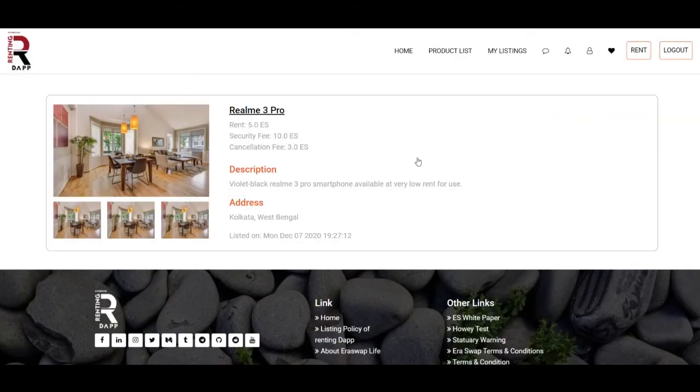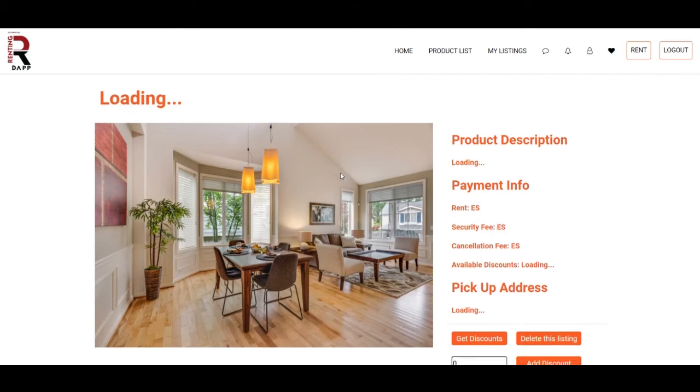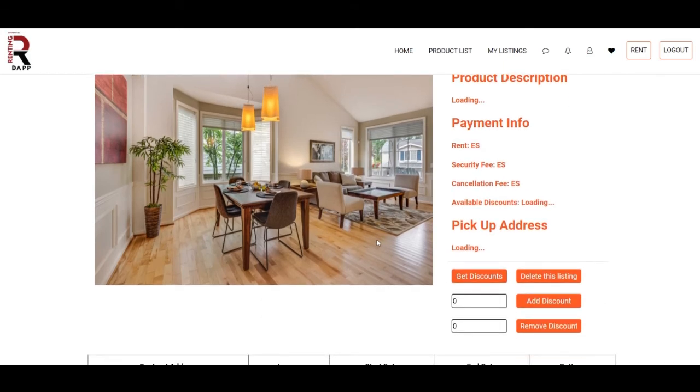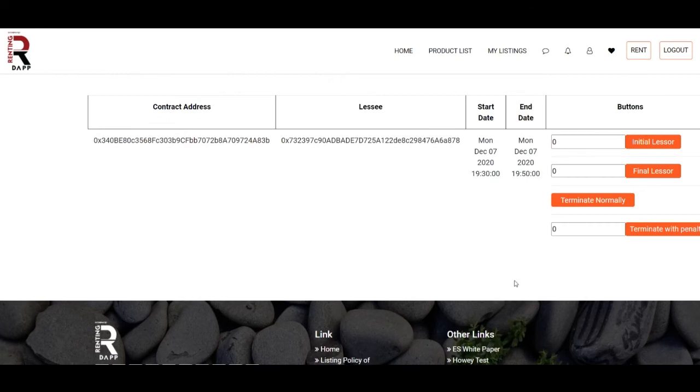So you go to my listings from the owner's end, whoever is the owner here, and then you need to terminate the contract. So here are two buttons, terminate normally and terminate with penalty. Since this is a case of penalty, if you click on terminate normally, it will give an error.